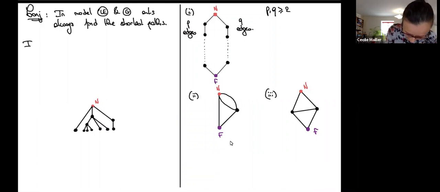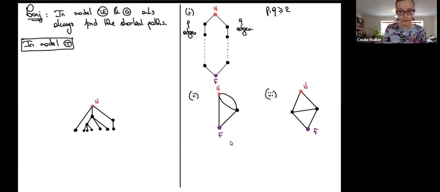So let me tell you what happens in model T, the trace reinforced one, which is the most natural one, right? I do +1 to all edges in the trace of the ant. And let's start with the good news. So the third theorem says that in model T,